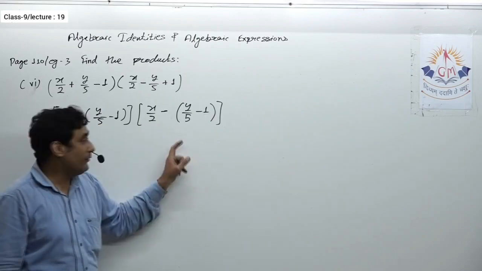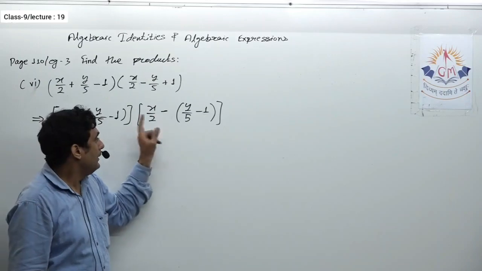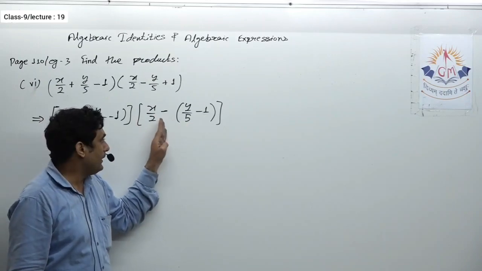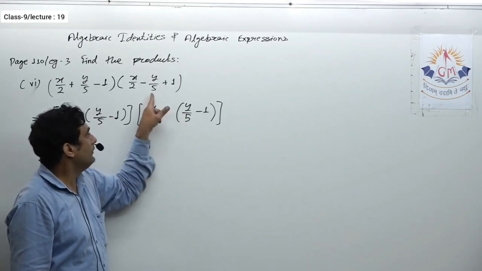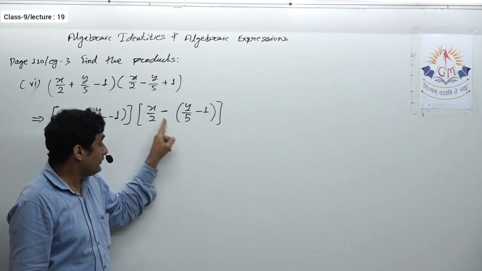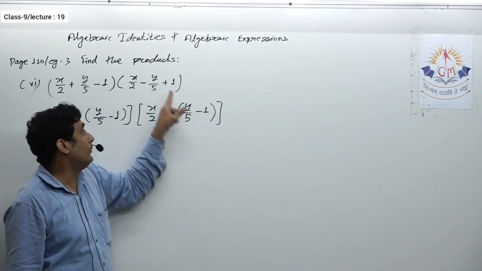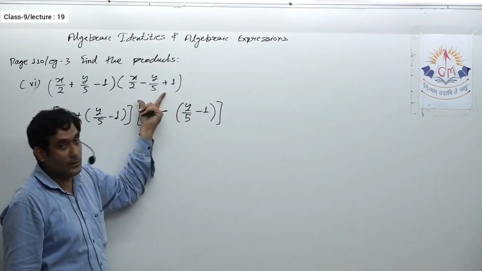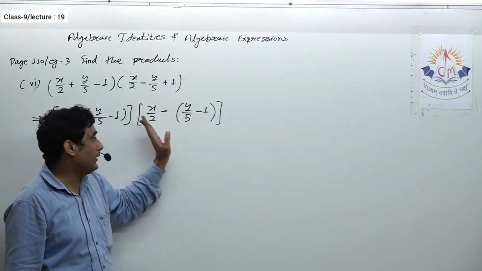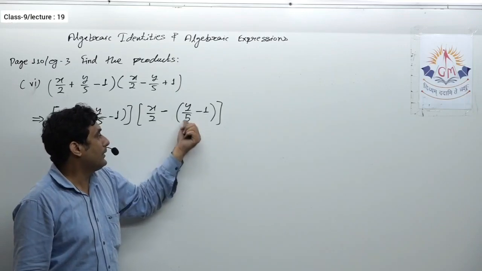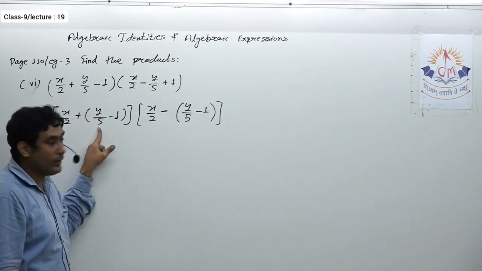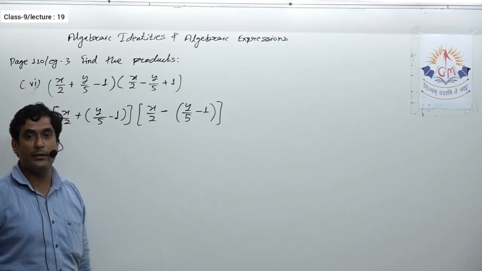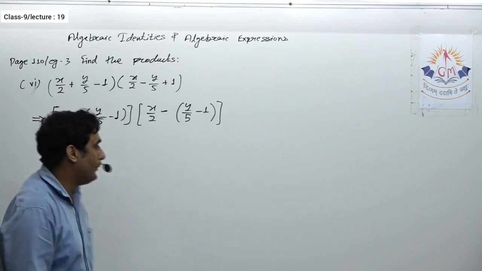Now you might get confused about how this becomes so. See, do it in the reverse direction. If you open the bracket, because of this negative sign, the first term will become negative. Yes, it is negative. And because of this negative sign, this negative term will become positive. That means if you open the bracket, you will get the same thing. So here I took the minus sign common such that this B becomes y upon 5 minus 1, and it is also the same over here. So here again I can apply the identity of A plus B into A minus B.